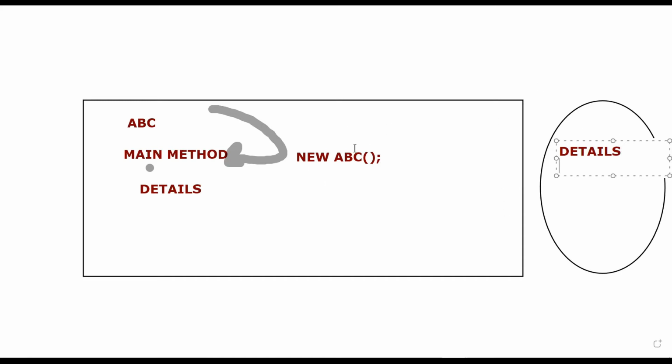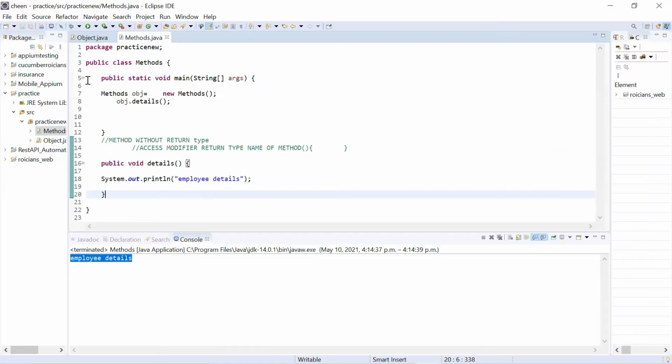Whenever you create any object, a memory area is created in which all the methods will be copied. Now, if I want to access this method, I will create a reference for it, which I did in this class. I created a reference, accessed this particular memory area, and I can access the details method. So this is how JVM works. This is how Java works. First, it comes to the main method, reads what is written over there. Then you can call the method with the help of the object reference name.